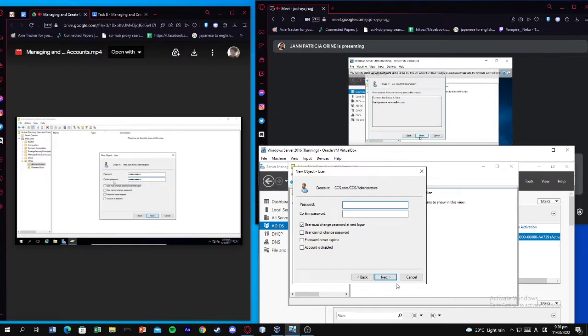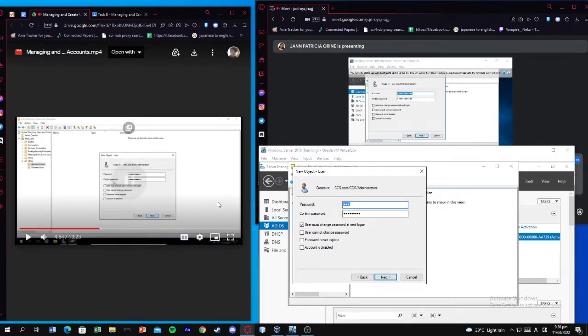Generally, how a new account creation works is that you will create the account with an Active Directory using a temporary password, something like password 1 or whatever you decide to use. That's hopefully a little more complex than password 1. Once you create that account, you will provide